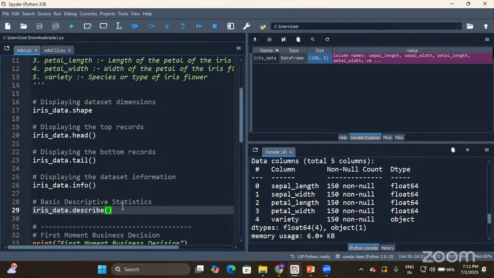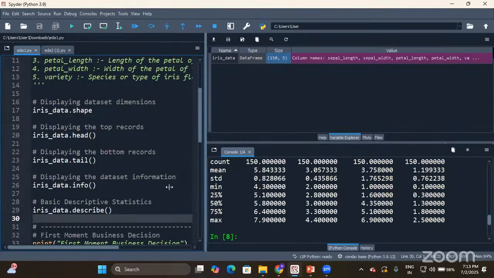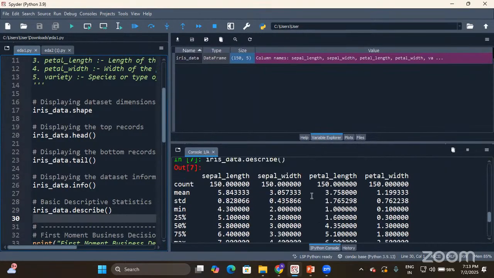Then the describe function. Describe function will return the descriptive statistics. Let me execute. So here are the results for the describe function. But we have 5 columns, right? I see the output coming only for 4 columns. This is because the describe function works only on the numeric columns. It does not work on non-numeric columns. Out of 5, only the first 4 are numeric.